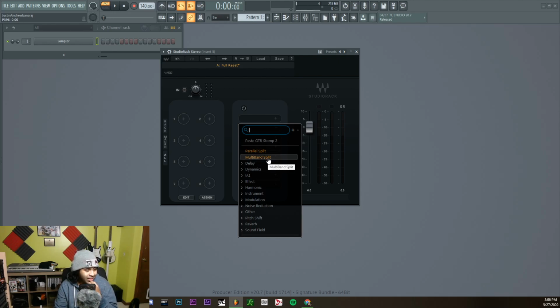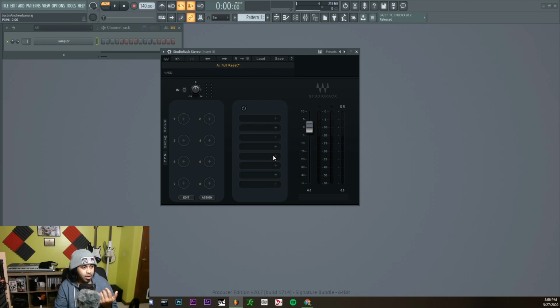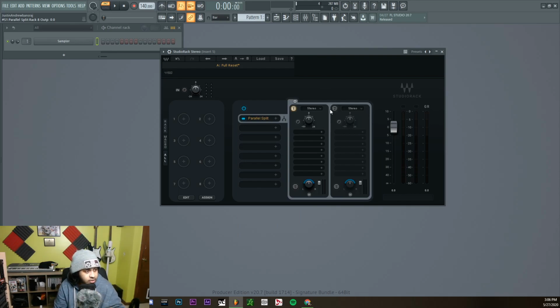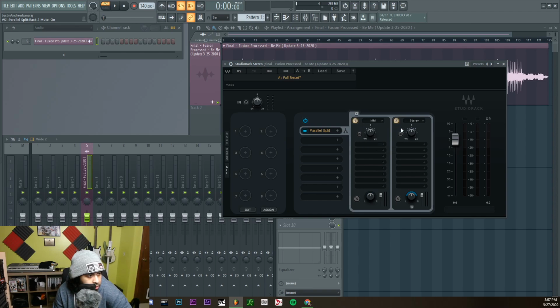That is sick. So this is going to basically split up into two separate things, and you could process the signal of the left side of the track you're inserting, the right side, the middle, and the sides. Oh my god. I need a sound. Let's try it out. Let's do the middle on the left here and see how that works.